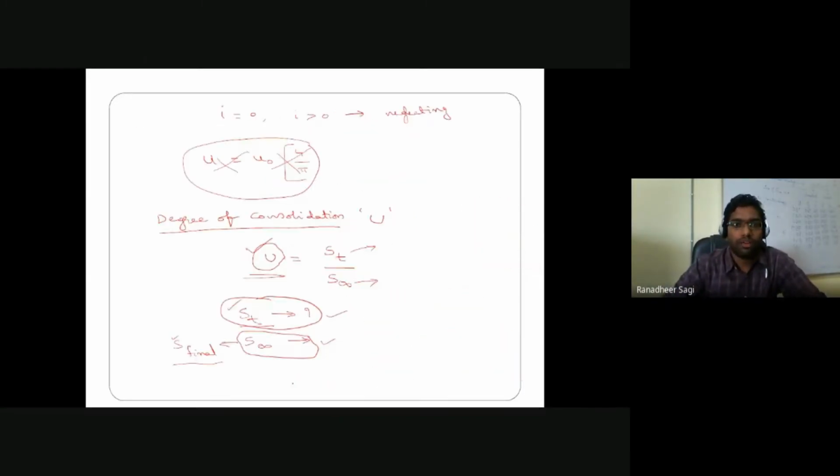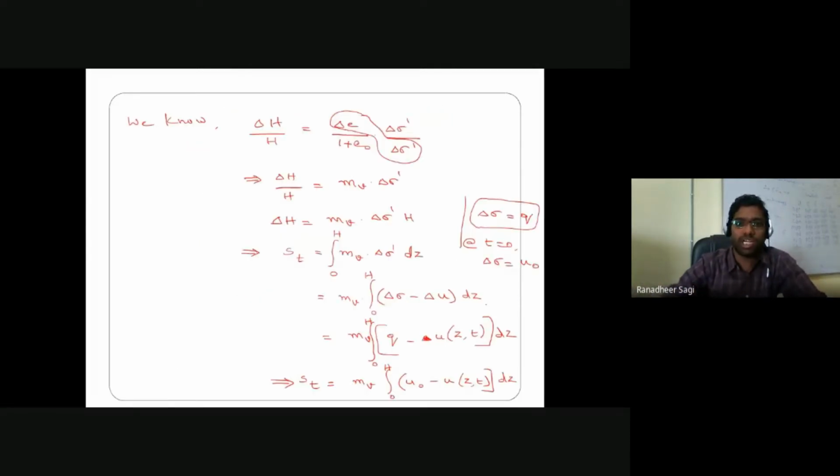Okay, now when I come back to the expression of degree of consolidation, it is defined as the ratio of settlement at any time by the infinite settlement. So now I have my expression for settlement at any time in the soil sample, and next is to write down how much is the settlement which is said to be the final settlement or the total settlement because of that increment in load applied on the soil sample.